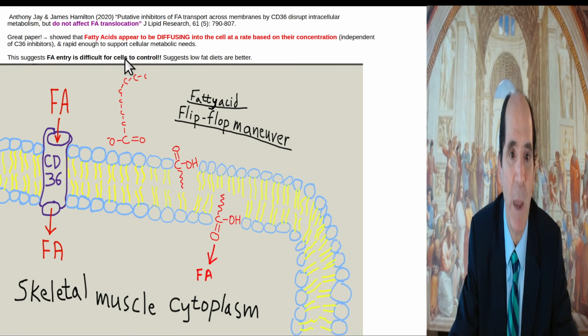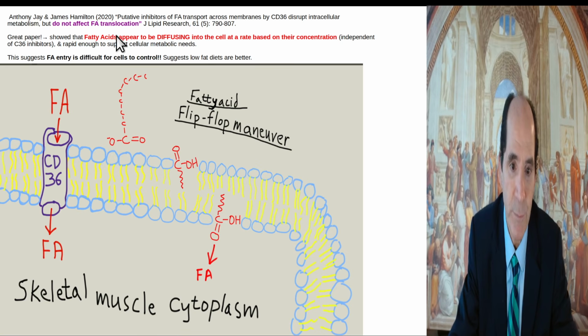Anyways, here is a paper by Anthony J. James Hamilton. This one's a 2020 paper, and they get more and more sophisticated, but they've been writing these papers back since the 1990s, and I'm going to show you one of them in a moment about the flip-flop maneuver,